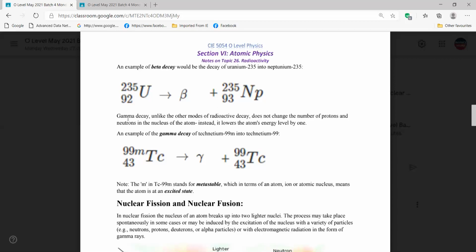Yes, sir. Yeah, continue. Read. Gamma decay, unlike the other modes of radioactive decay, does not change the number of protons and